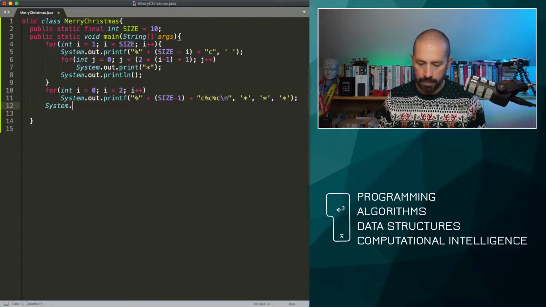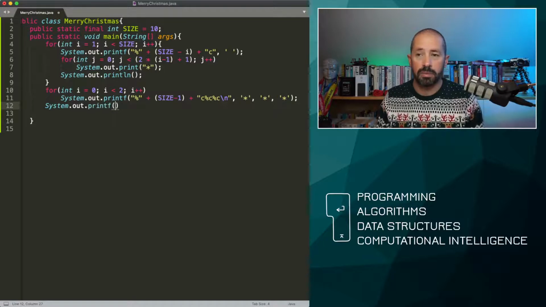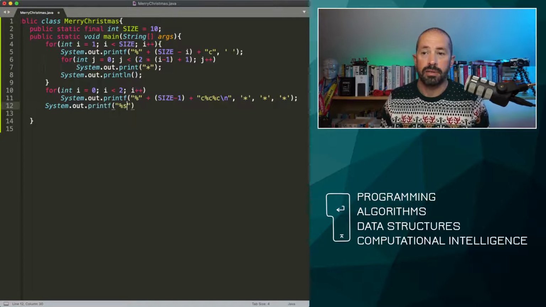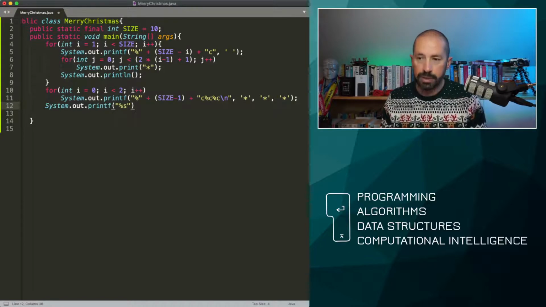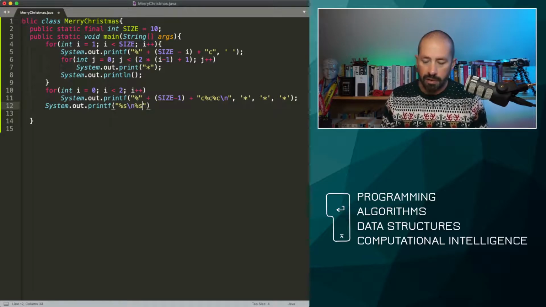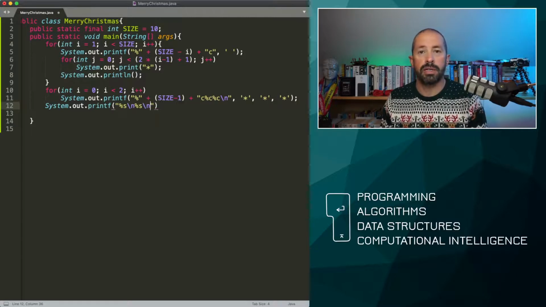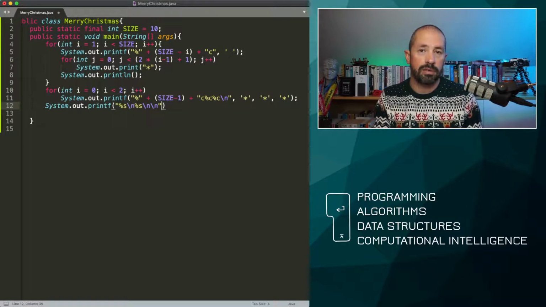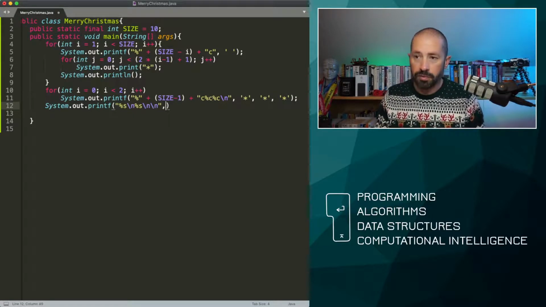So System.out. I'm going to use another printf statement here, and this one's kind of straightforward because it's just %s, the string format specifier, and then I want to print out a new line. So a string followed by a new line, followed by another string %s, followed by 2 new lines, so \n\n. So really I'm printing 2 strings as part of this output. I'll need to supply those 2 strings as part of this printf statement in order to print them to the screen. So the first string that I want to print is going to be